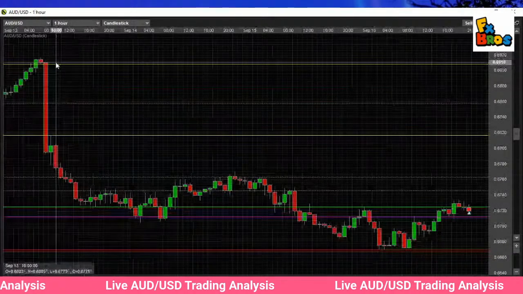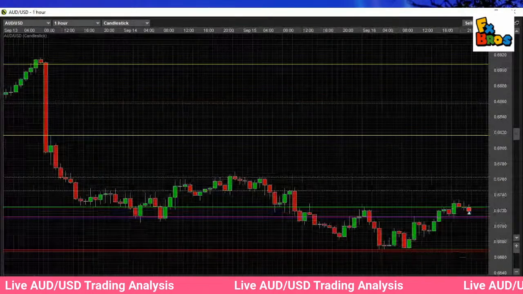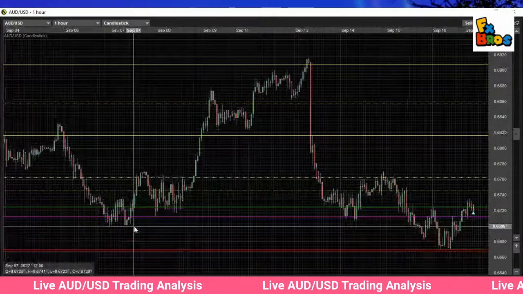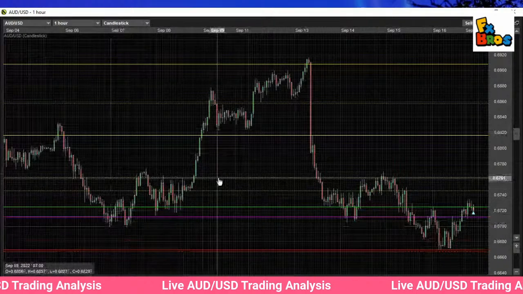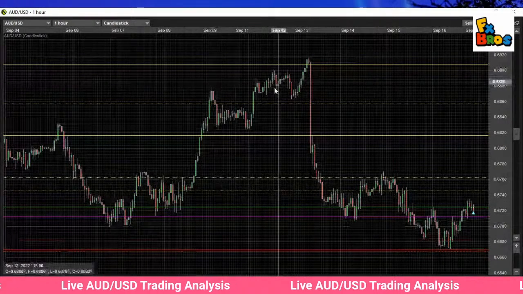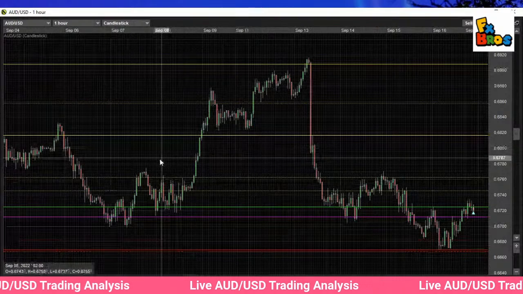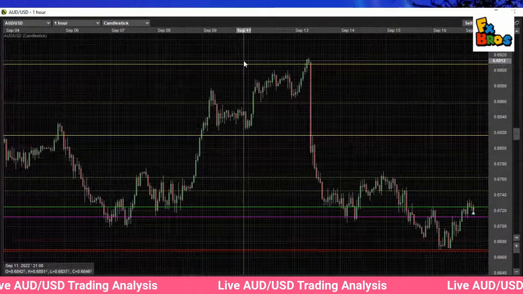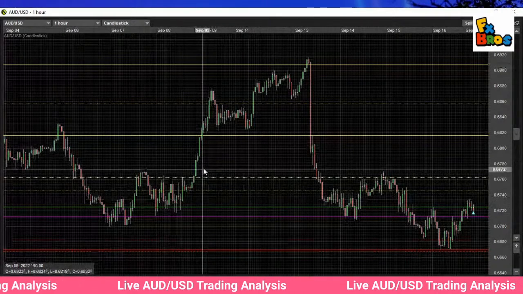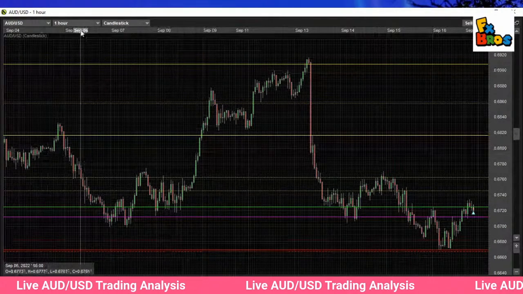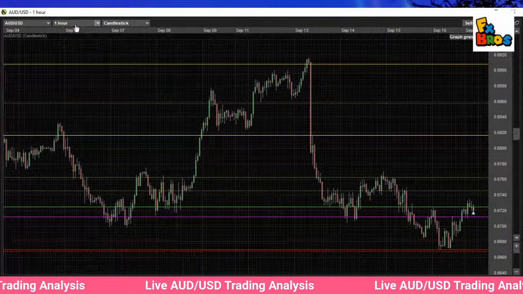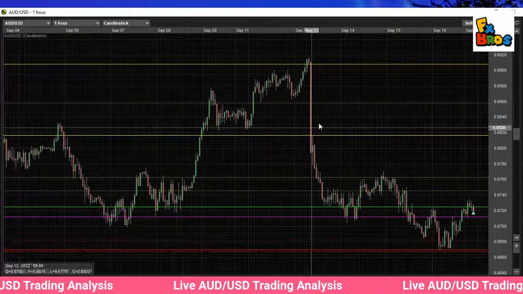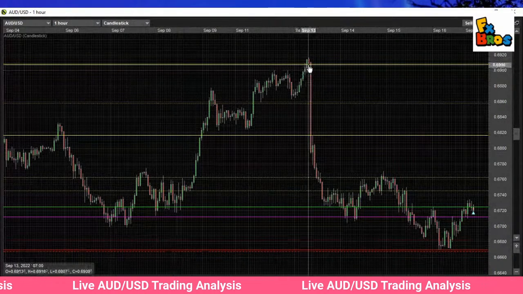If I go back to the 1 hour, we zoom out. This move right here from Wednesday to Friday and to Monday was just a larger time frame retracement of the further bullish continuation. That's all it was. So if everybody thought this was bullish, we about to go up, we about to fill all kind of crazy gaps or whatever you saw from the previous week, that never happened. That was just a retrace to sell for this big news event that came out last week on Tuesday, and